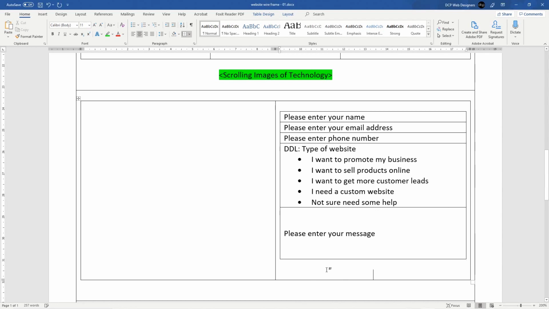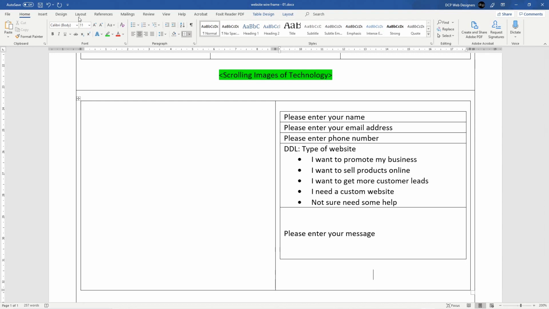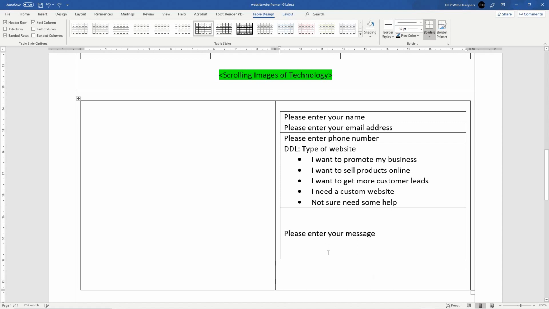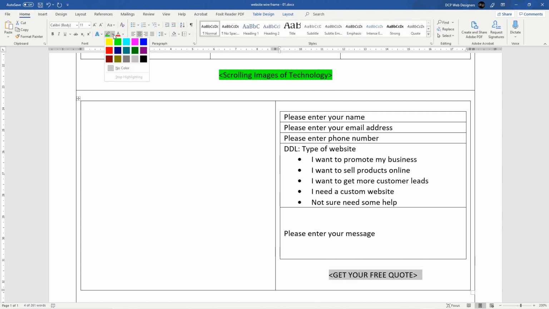And underneath here, what I'll do is hit the enter key, and I might put another table cell here. And in fact, what we'll do is just put a call to action. So it'll be get your, let's do this in caps, get your free quote, right? So this will actually be a button, and we'll make that blue, and that will be the button that they click to submit the form, and then that information will come to me. So there needs to be something on this side, something to try and get that customer to fill out that form,